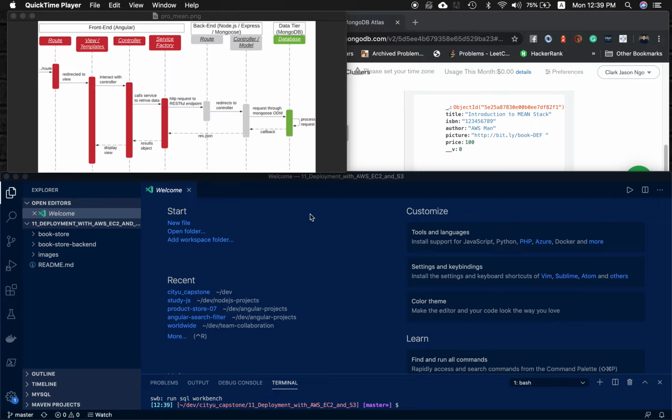The process view using a sequence diagram for MEAN stack. As you can see, there are three tiers here: the front end, back end, and data tier. I'm going to show you the red ones, which are basically the Angular front end, which is this one, the